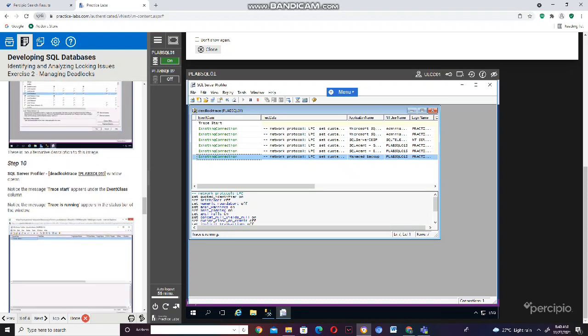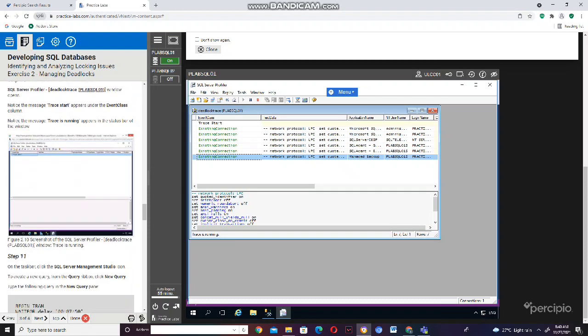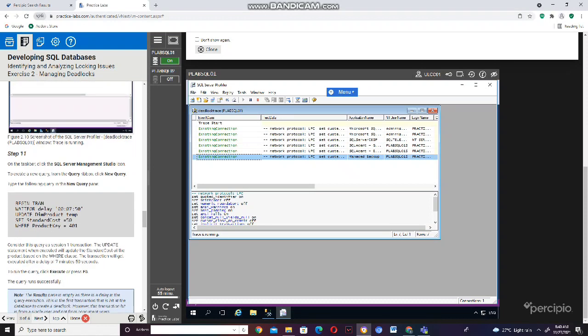The SQL Server Profiler deadlock trace PLAB SQL1 window appears. Notice that trans start appears under the event class column. Notice the message that trace is running appears in the status bar of the window. Step 11. On the taskbar, click